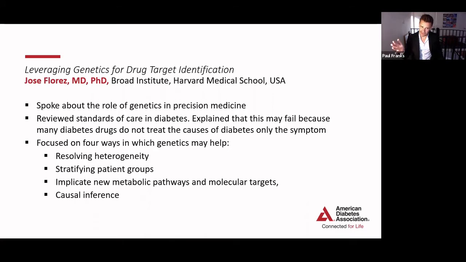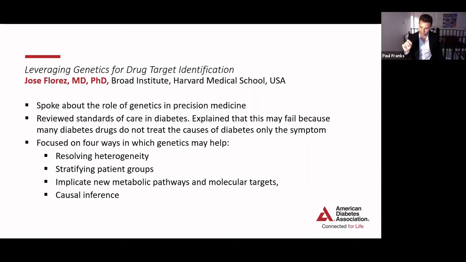He also talked about, which is sort of an extension of that, stratifying patient groups. And so you might intervene differently in different patient groups depending on their genetic characteristics. He also explained that genetics can be very powerful in implicating new metabolic pathways and molecular targets. And I think probably that's where it's been most intensively used over the last couple of decades, particularly in industry, where Jose gave some very nice examples of PCSK9 inhibitors and so forth that really came out of this